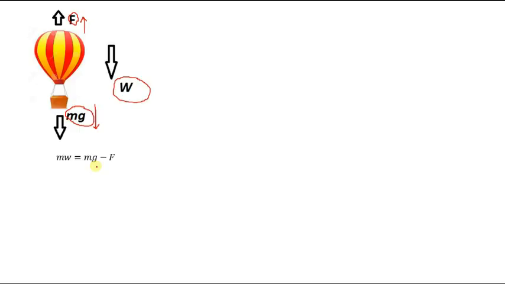Now we want to remove some amount of mass from the system so that it starts moving in the upward direction with an acceleration of the same magnitude as w. So let's say we remove mass M from the system. After removing mass M, the remaining mass of the system will be m minus M, and the system will be moving in the upward direction with an acceleration w. This situation can be depicted as follows.